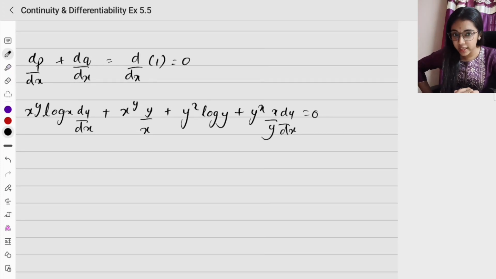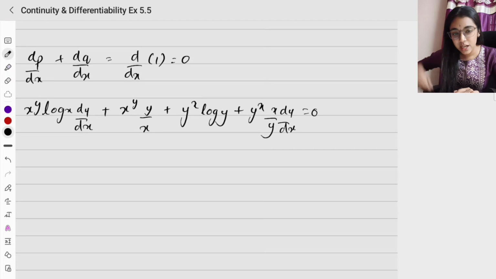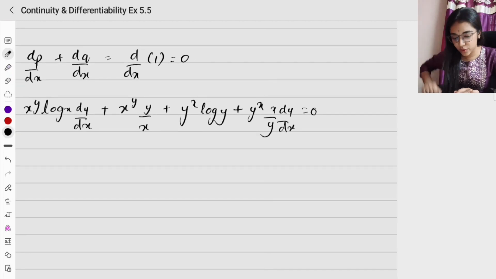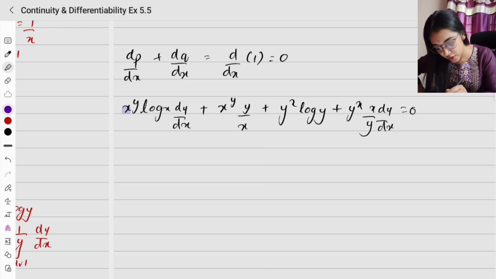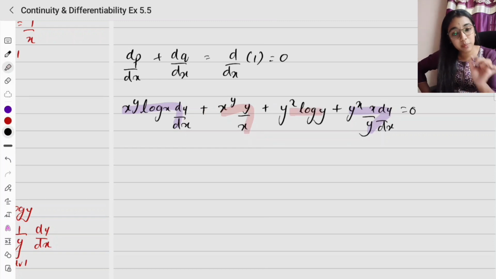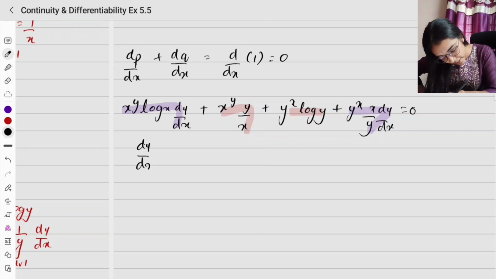I'm going to consolidate the terms that have dy by dx to one side, and on the other side I'll take only the constants. I'm going to mark that in a highlighter, different color. So these are the terms which include dy by dx, and these terms are independent of dy by dx. I have terms which are dependent on dy by dx and not dependent on dy by dx. I have dy by dx of,